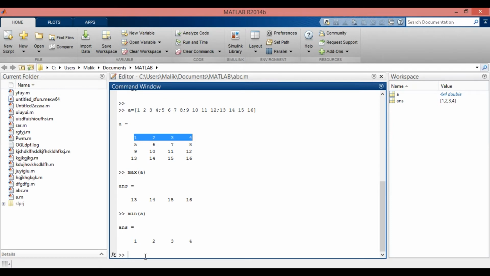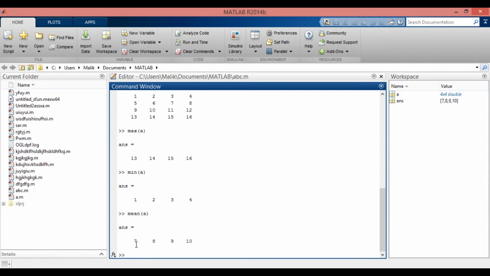The next command is mean, small brackets and in between small brackets A, and then press enter. This command will give you the average values of matrix A, and the average values of matrix A are 7, 8, 9 and 10. The next command is mean 2, small brackets and then A. This command will basically give you the average value of the entire matrix, and the average value of the entire matrix is 8.5.